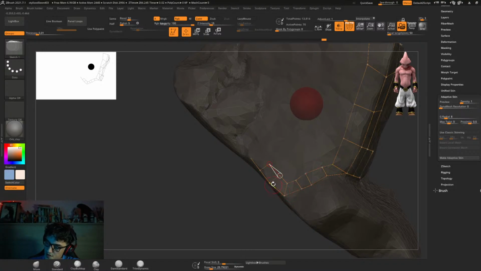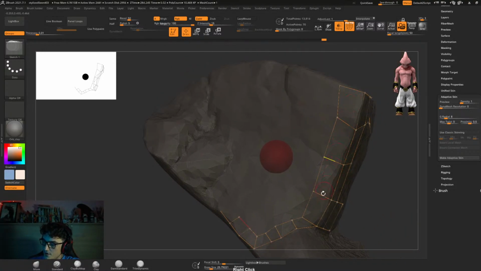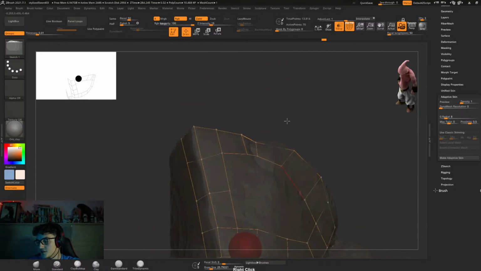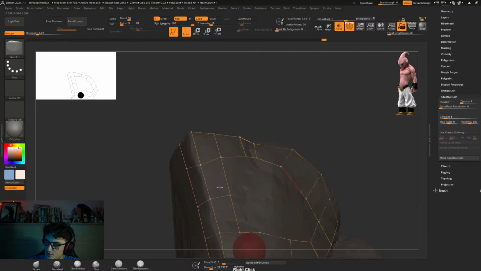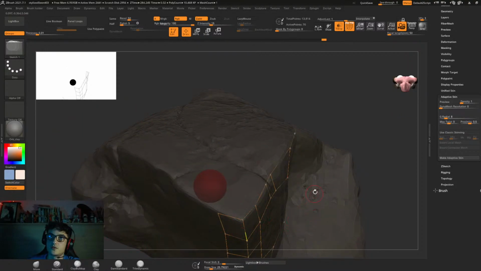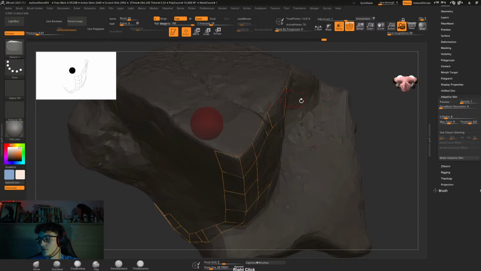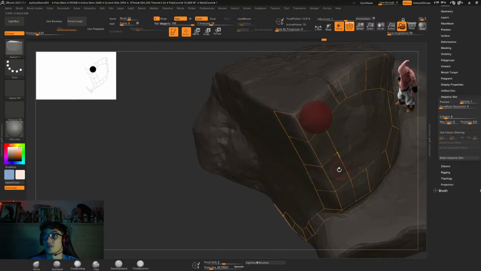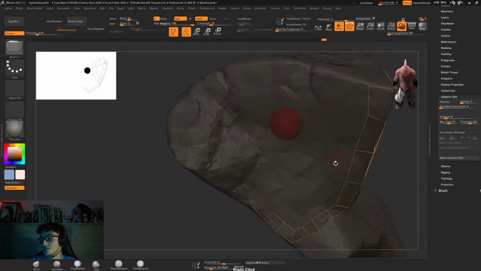It just goes around the edge, and if I insert an edge loop right here, it doesn't go to the side. This one, if I inserted an edge loop, would go around the whole object, and that's something I don't want because I want a clear edge loop right here. So I can even polygroup it later and project and ZRemesh it on the fly using polygroups. So yeah,